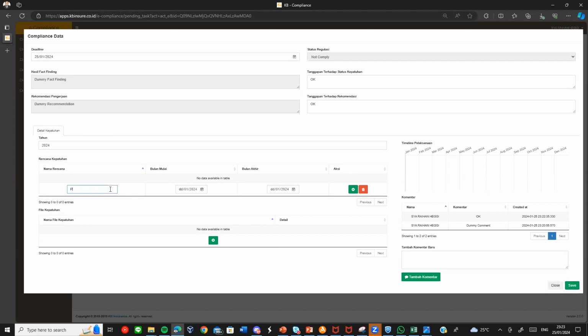For example, I want to create the plan data, maybe the plan one, and the data is only inserted based on the detail.